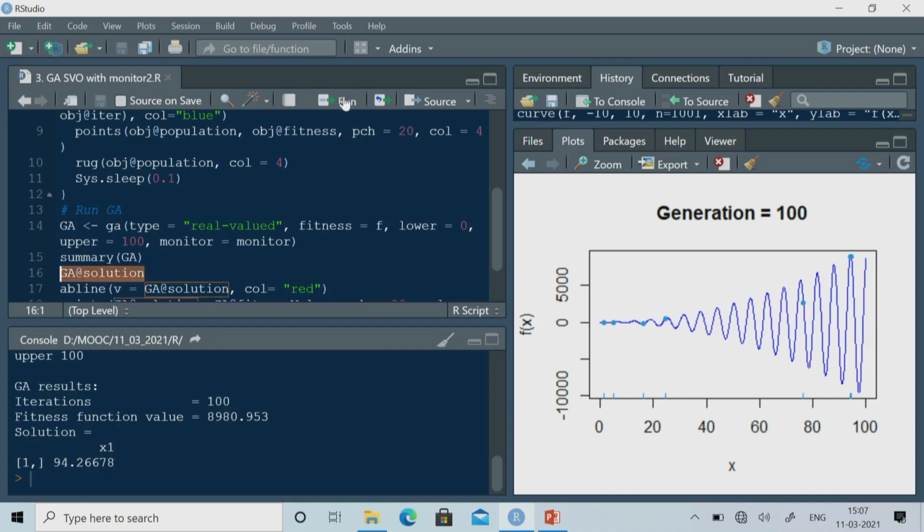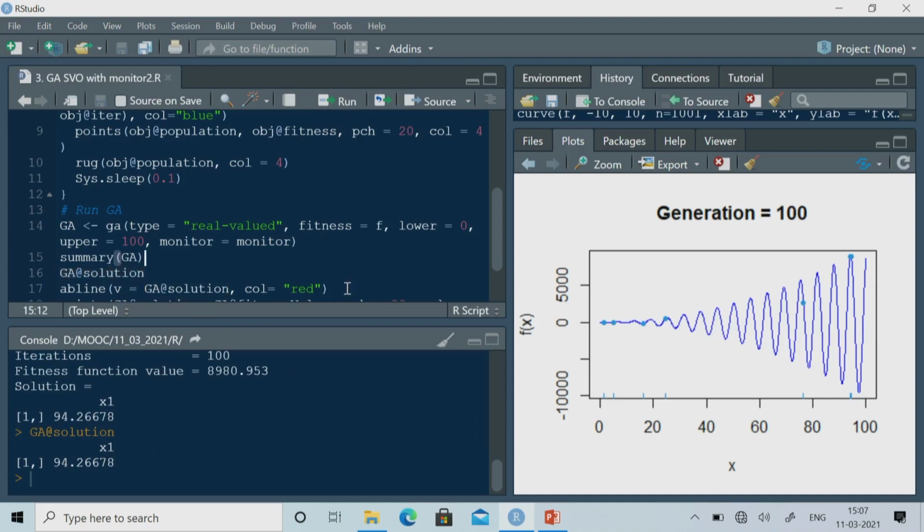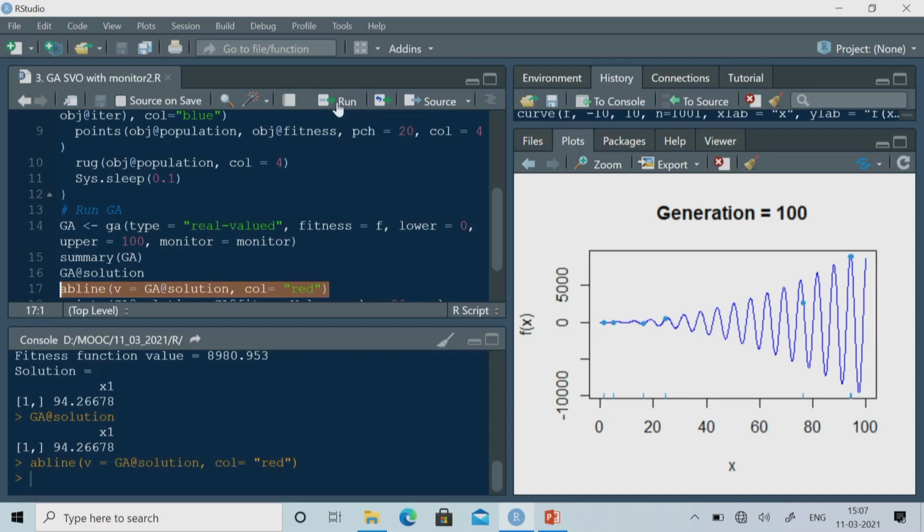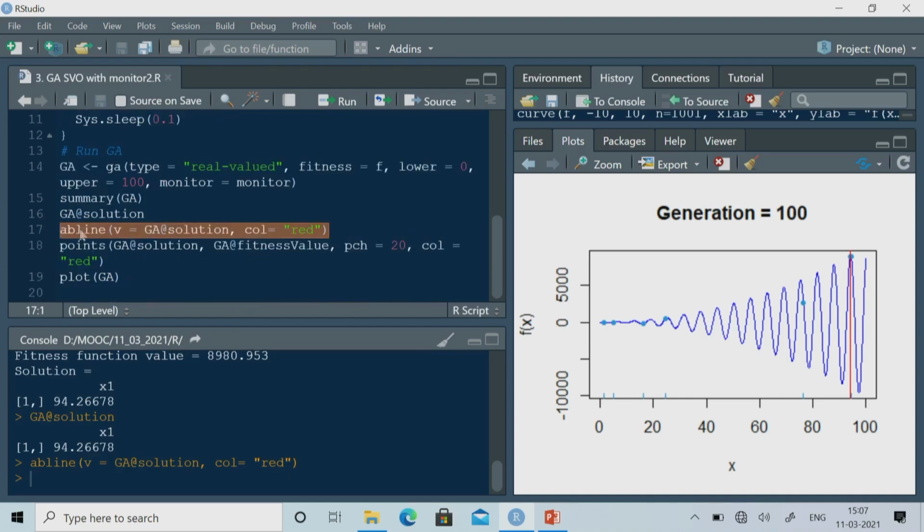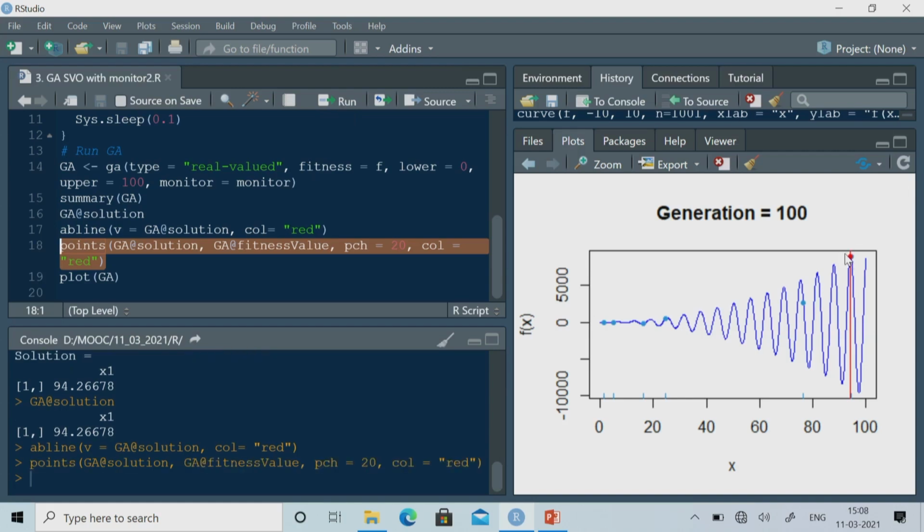So, this is the solution 94.26678, and I can draw a vertical line using the abline command. So, this is the vertical line. This is the final solution I am getting, and I would like to locate the optimal point, and this is the optimal point somewhere here. So, this is the optimal point, and similarly I can also see